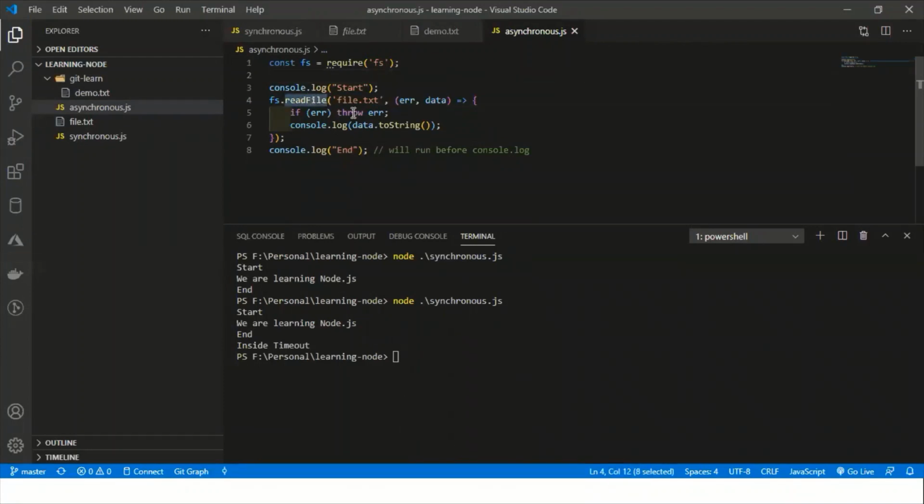So I am reading this file.txt here. Reading a file will definitely take some time. Reading a file is an IO operation, you can google what an IO operation is. It is something done apart from the code. We are accessing the file system, finding a file, reading a file. It is everything executing out of